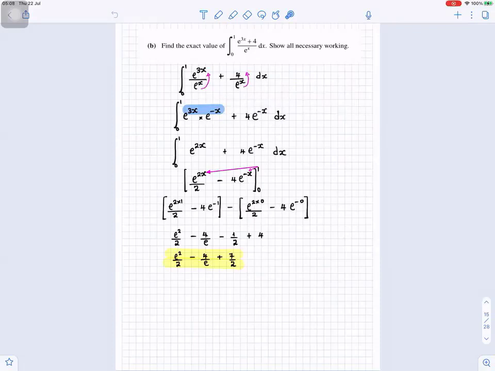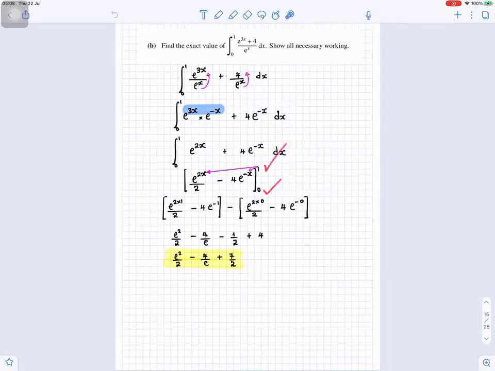So e to the 3x times e to the minus x, you add the powers. 3x minus x is 2x, plus 4 e to the minus x. When you integrate e to the 2x, you differentiate 2x, you get 2. So you divide by the 2. So it's e to the 2x over 2 minus, differentiate minus x, you get minus 1. So you divide by minus 1. So it becomes minus 4 e to the minus x